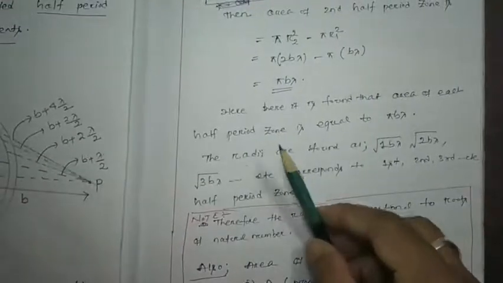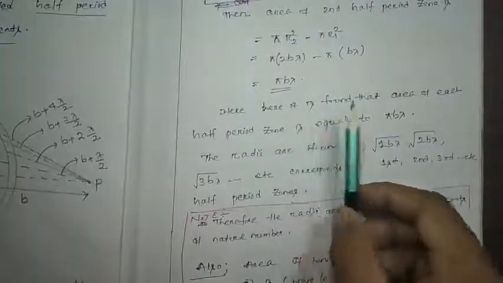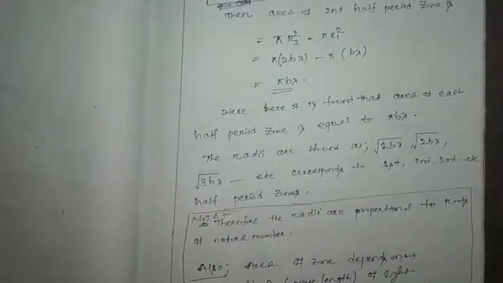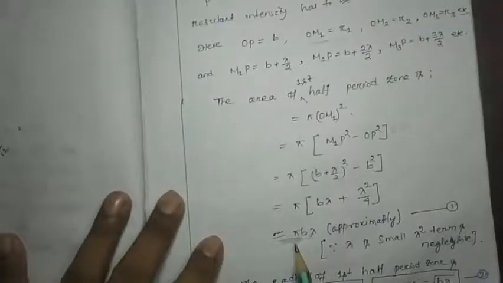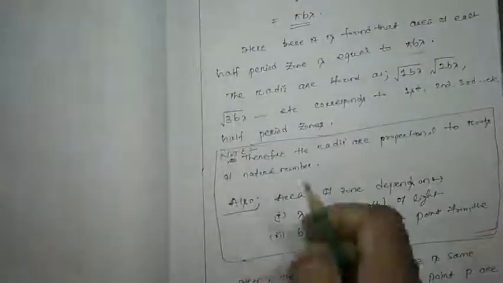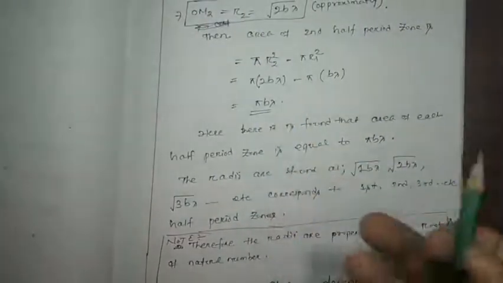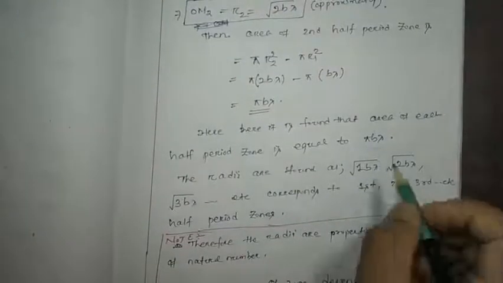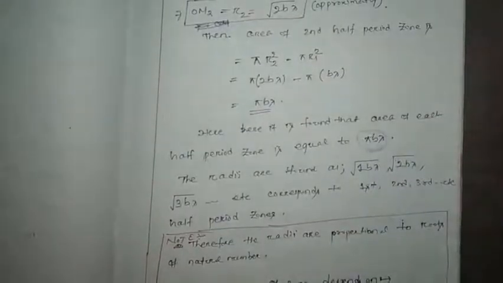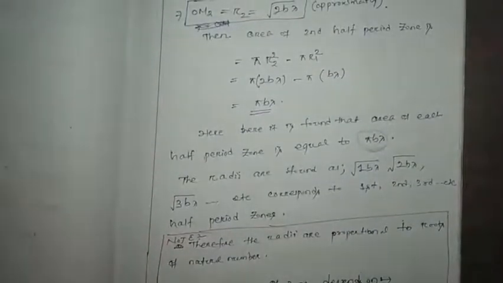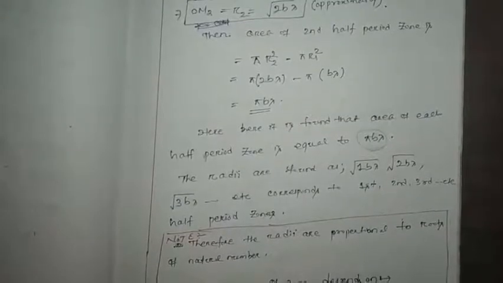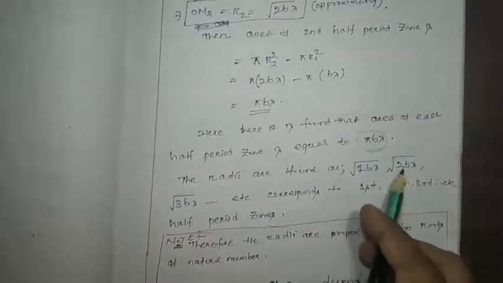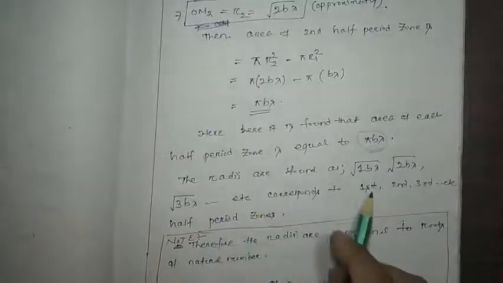Here it is found that the area of each half period zone is equal to pi b lambda. We got the area of the first half period zone is pi b lambda and the area of the second half period zone is pi b lambda. Similarly, if we find the third half period and fourth half period zone areas, we also get pi b lambda. That means the area of each half period zone is equal, and the radii are root over of 1b lambda, root over of 2b lambda, root over of 3b lambda, etc., corresponding to the first, second, third